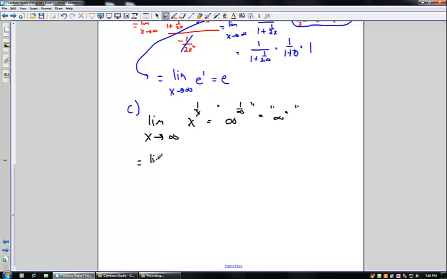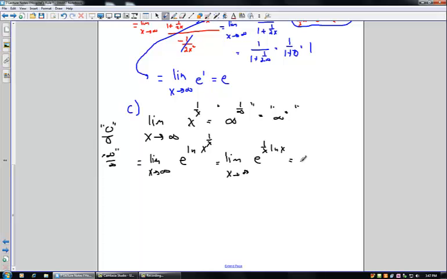So the same sort of idea. Right, to change this into a 0 over 0 or infinity over infinity form. So remember the idea. We want to change it to 0 over 0 or infinity over infinity. Now, why do we want to change it into one of these two types of forms? So we can L'Hopital it. So what we do is we write this as e to the ln of x to the 1 over x. And then this exponent can come down in front. So this is equal to the limit as x goes to infinity of e to the 1 over x, ln of x. And so this is equal to then the